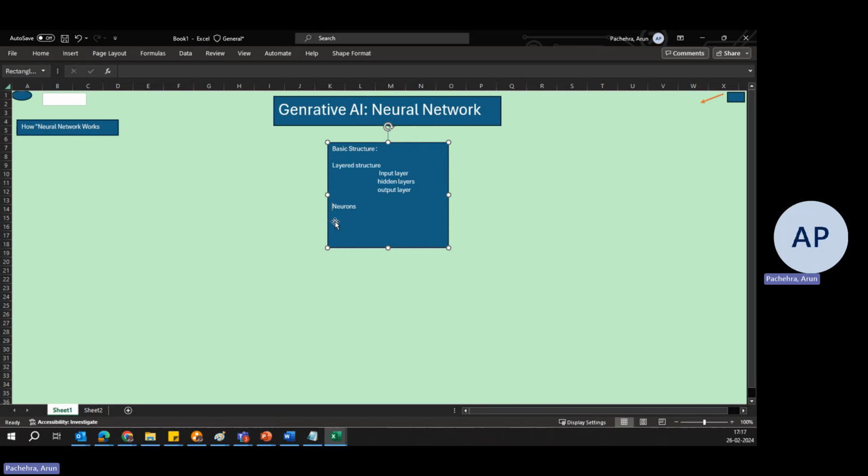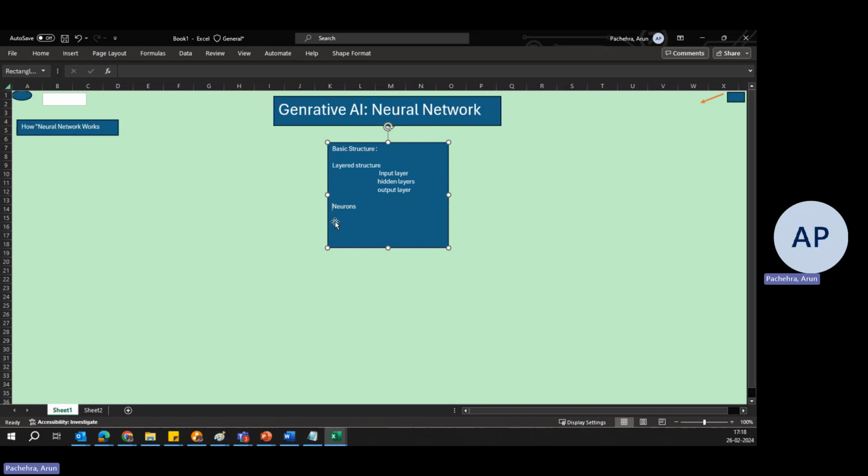If this neural network is a layered structure which has multiple layers, and these layers are of neurons, what exactly are the neurons? How would you define neurons in this neural network of Gen AI? At the core of a neural network, the basic unit is the neuron, or node, which is inspired by the neurons in the human brain.